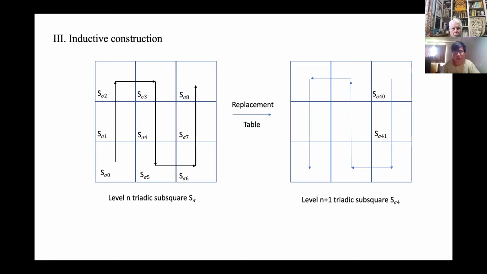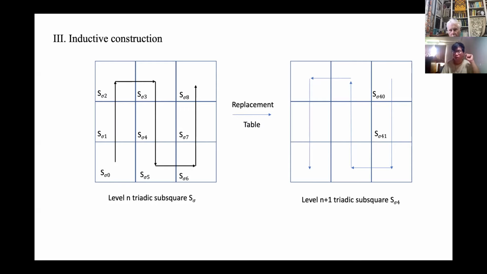Why is the pattern to be the same? Because this is the initial pattern, so 4 will be like -1 pattern. Well, you have a 1, 1. So the initial is like the level n tridexters, which have the 1, 1 pattern. So I just show that the X sigma 4 has the -1 pattern.